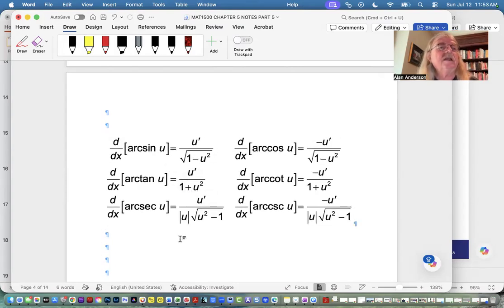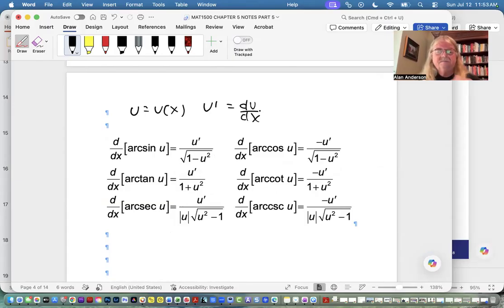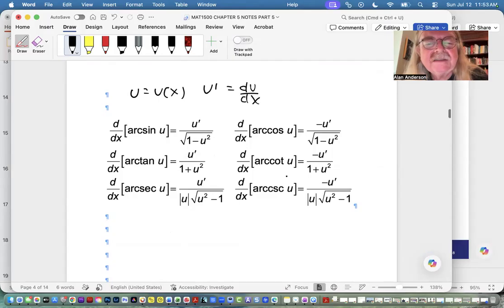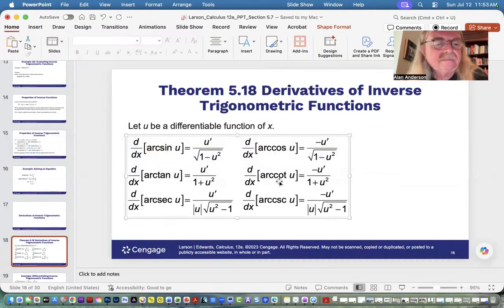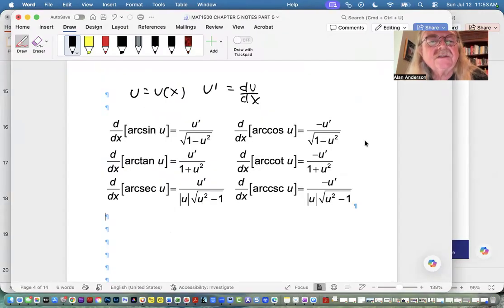So just as we've seen before with U substitution problems, U is a function of X. U prime means the same thing as du dx. Okay. So I guess they have some examples for us. Yes, they do. So let's start with